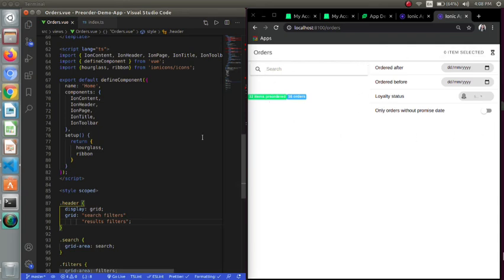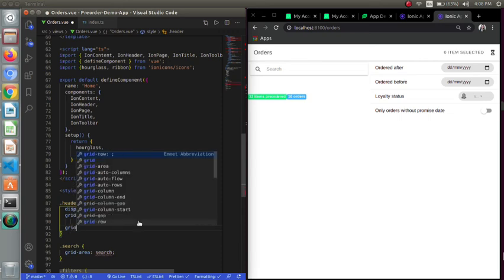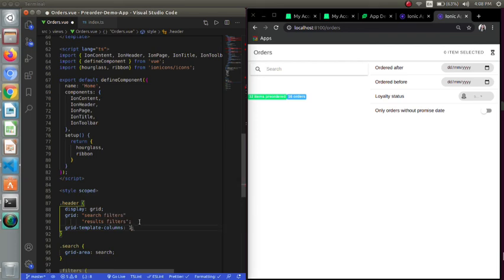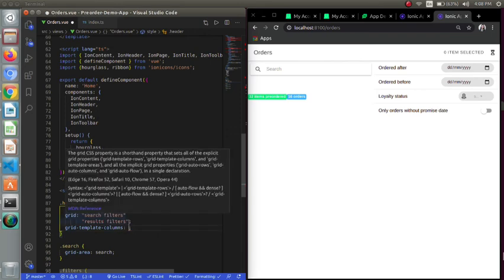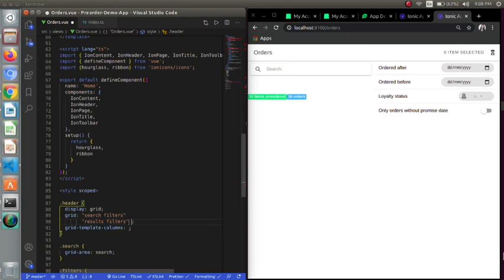I want both the sections to have a column of 1 FR. So I will be giving them like this, grid template columns, and I will be giving both the columns the area of 1 FR. The shorthand for using grid and grid template columns is like this.